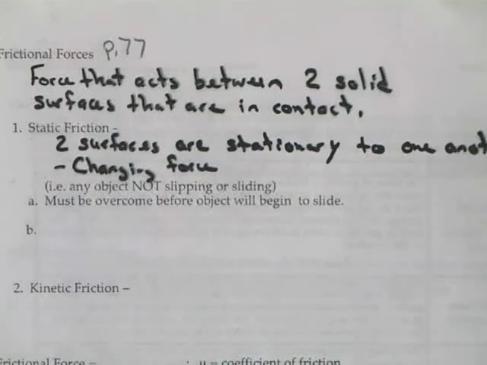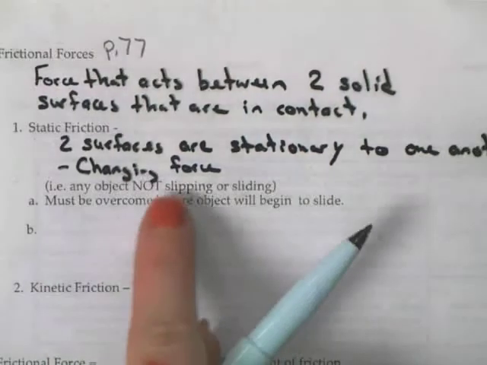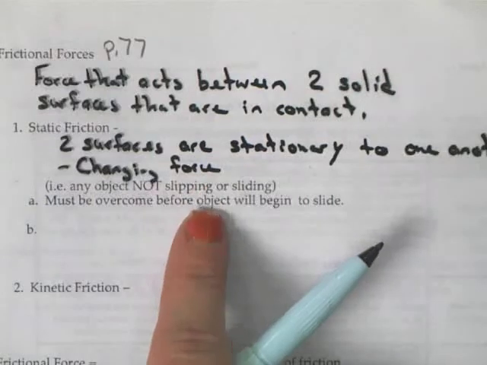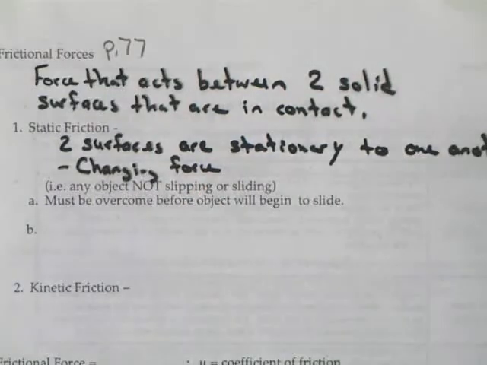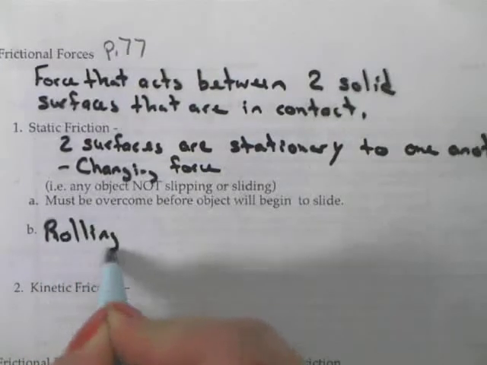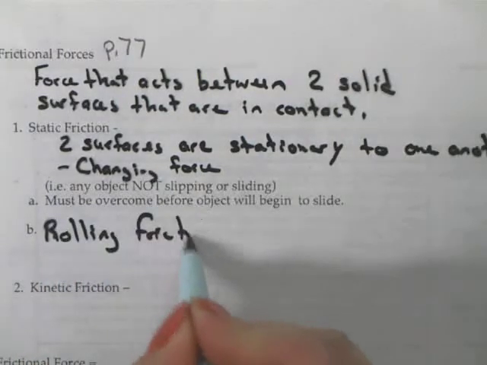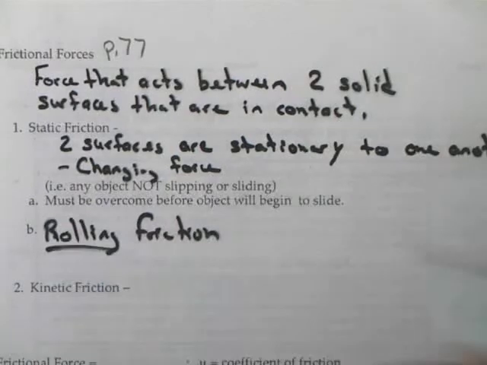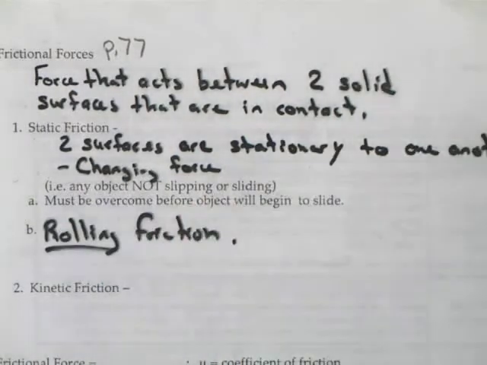Okay? Could the static friction force be less than 100 newtons? Yeah, if you're only pushing 50 newtons on it, it's only going to push back with 50 newtons. Part B. Static friction is not only the force that keeps an object stationary, it is also rolling friction. Okay, so we just got through saying that the objects are stationary to one another,